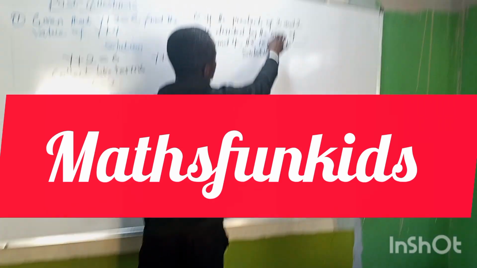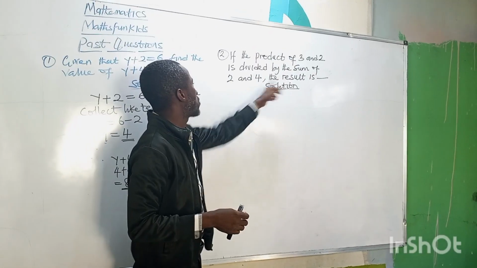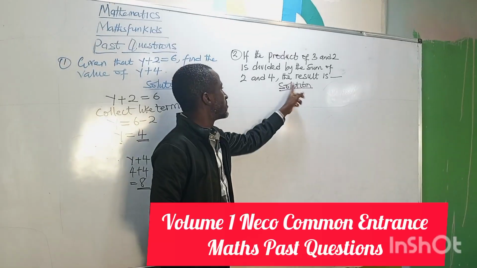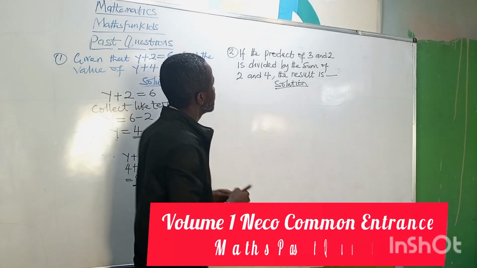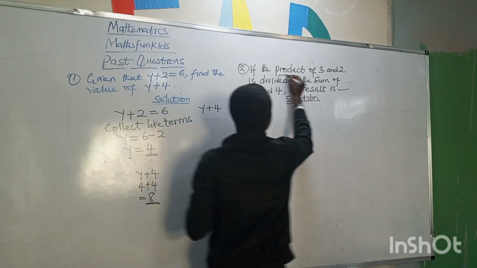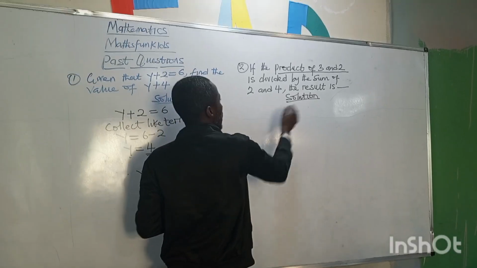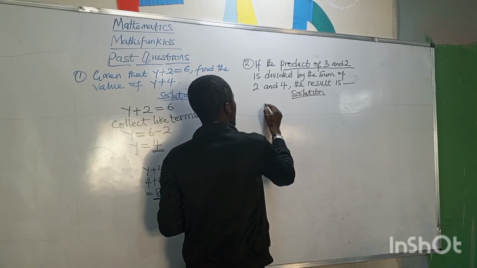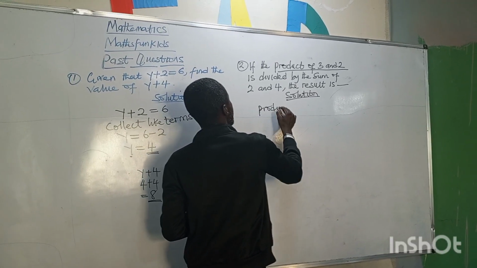The product of 2 and 3 is divided by the sum of 2 and 4. The result is dash. The product of 2 and 3. What is the product of 2 and 3? Product of 2 and 3